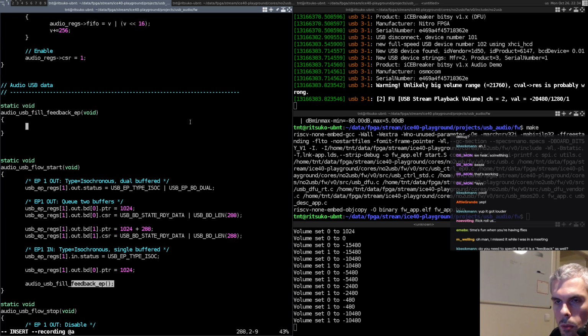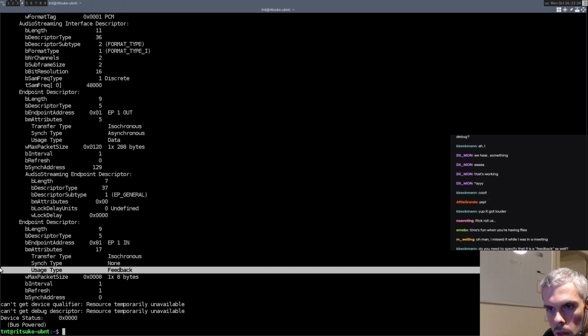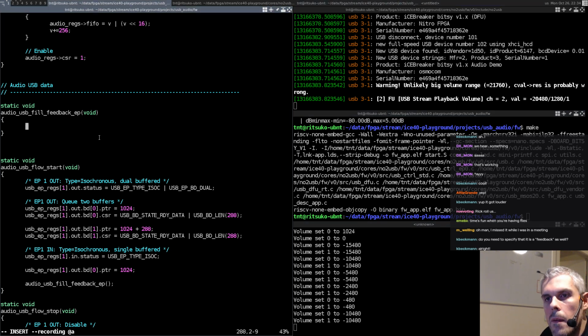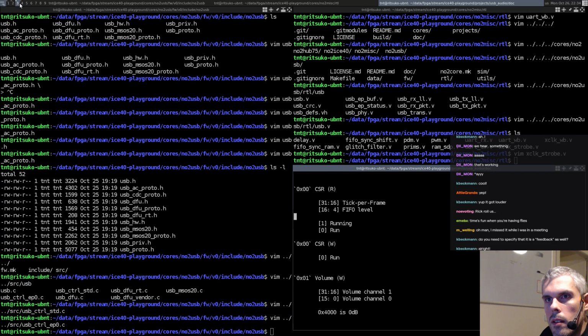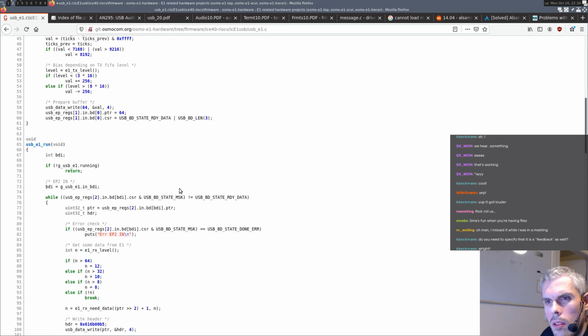So this is the synchronization in which I must send a number of samples that I consume. I needed to specify it in the descriptors in the usage type. But as far as the USB core in the FPGA is concerned, feedback endpoint is an endpoint like any other endpoint. So if I look where I fill that up,